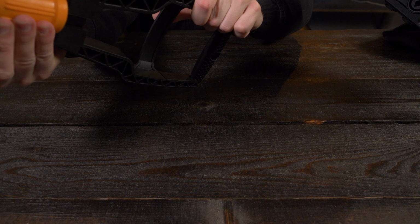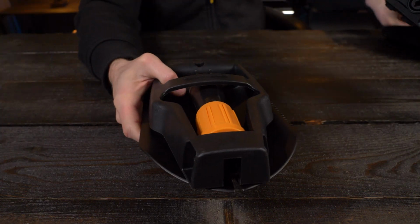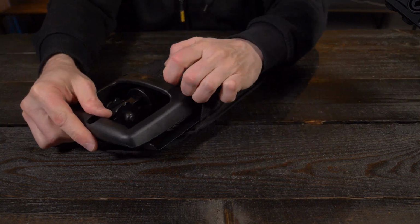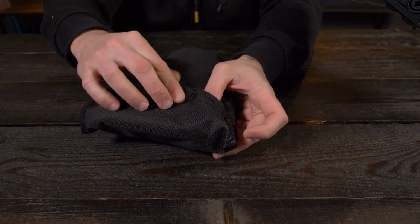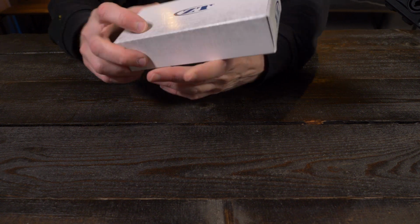I'll put it back in its case, and I don't really know which one I'm going to include in that wintertime emergency everyday carry video for my car, because snow is all gone. I'll do it this winter, but we'll see. So I'll put that off to the side, and let's pick out the next item in the box, and haha,